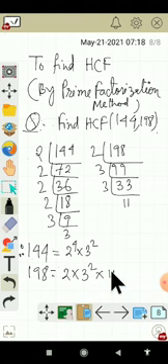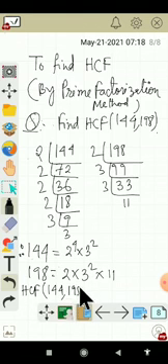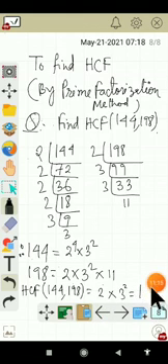So now we have to take the HCF of 144 and 198. We have to take the common prime factors between both numbers when we are finding HCF, with the lowest power. The lowest power of 2 is 1 and here it is 2. So the answer will be 2 times 9, that is 18.